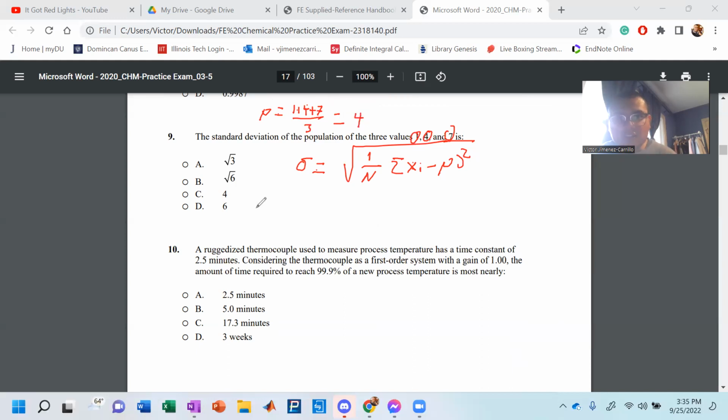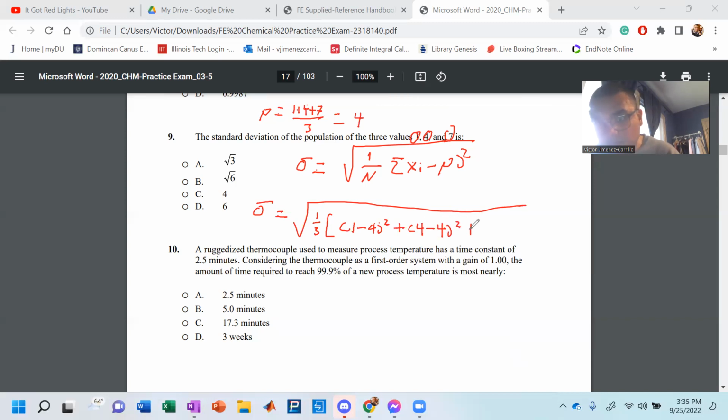Now, how do we use the rest of it? So it's going to be omega equals giant square root 1 divided by 3, big parentheses. So this is xi is 1, because that's the first term, minus your mean, 4, squared. Again, because it's a summation of all of these, xi changes to the next term, which is 4, minus your mean, which is 4, we calculated, squared, plus